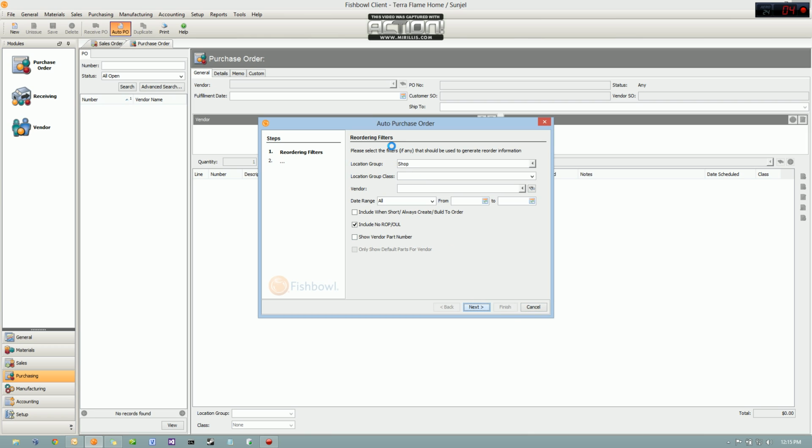You don't necessarily have to do this. You can do this manually, and then once you receive the items to fulfill the sales order, it will show that we did receive these inventory items. We can actually build the unit. It will pull those items out of inventory once they're received, and then you can ship the order to the customer. So we'll just go through the auto purchase order module just to show you how it works. I click next. It might take a while for this to run through, but